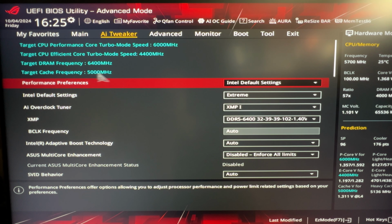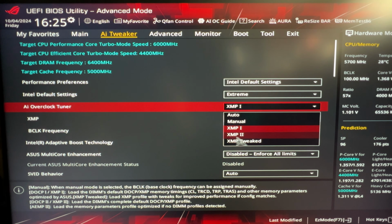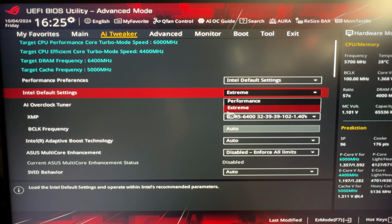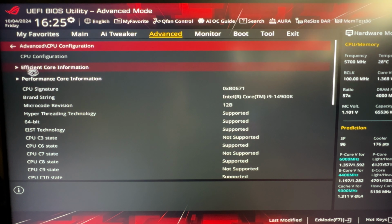Target frequency cache is 5. And I have not tried the other ones. I want to try these ones, but this one's a little bit more of a pain. This is like the performance and the extreme. I'm gonna have to do another video comparing it. But usually that's what I leave it at. Then for my CPU configuration,